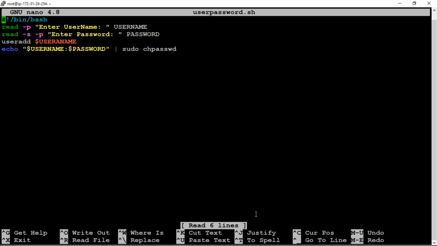The code seems to be correct, so why are we getting the error? read -p, enter username, username is the variable, read -s secure password, password is the variable, and useradd, username we are assigning, echo username, password, it is also correct, sudo chpasswd.